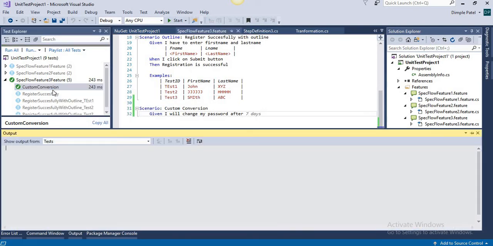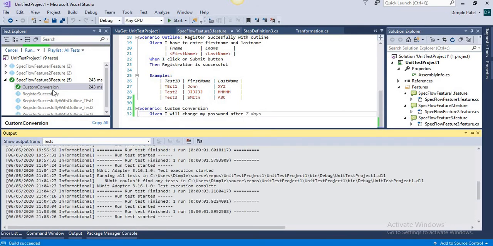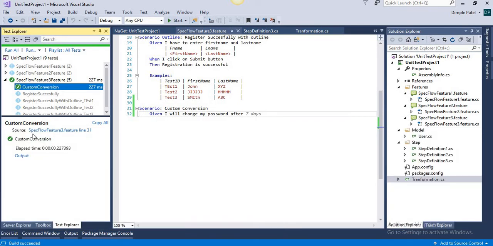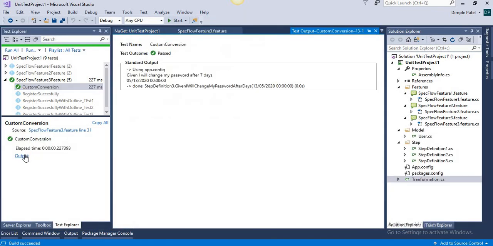With this step argument transformation method, we can convert any of the things into whichever .NET type is available. So you can use this to make your code more readable, maintainable, and optimized, and you can do many more things with this. So start coding with this step argument transformation and keep using it in multiple ways. It's showing plus 7, right?